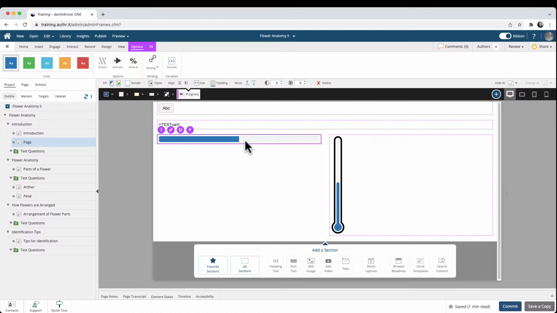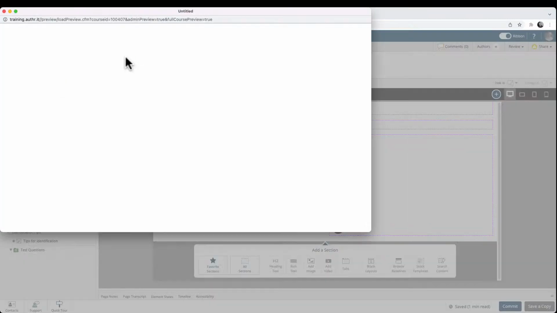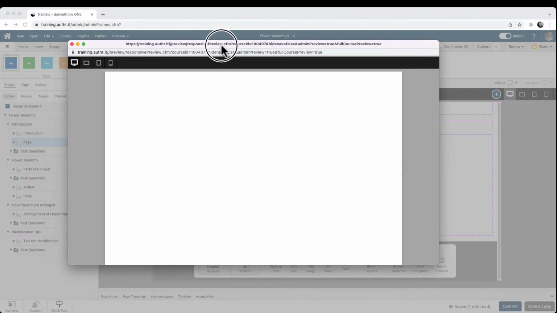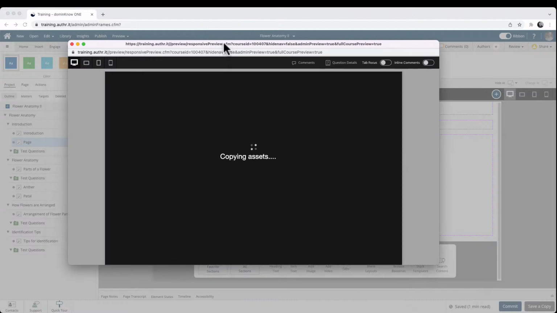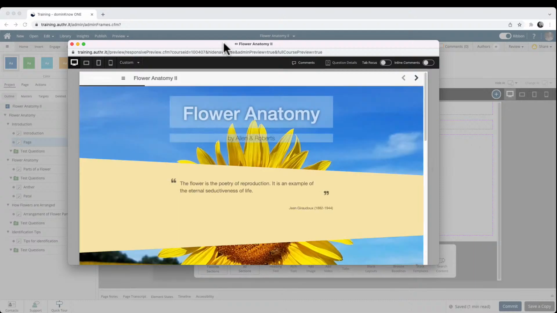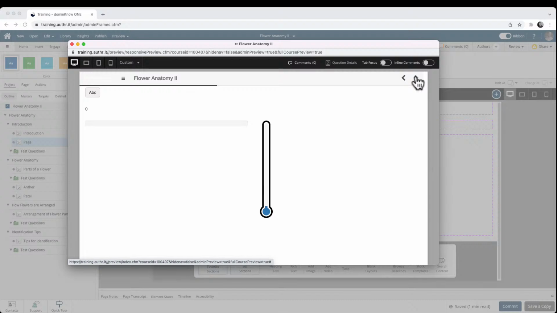So you grab any one of these project bars here. If we take a look at it, let's take a look at the full project. This is done in Domino Flow, by the way. This is page 1. I've just added a new page into this existing project that I'm working on. You'll notice we have this progress bar here that is a gauge that was added, and then we also dropped in a thermometer. But we used the binding to connect both of those to one variable that we called test